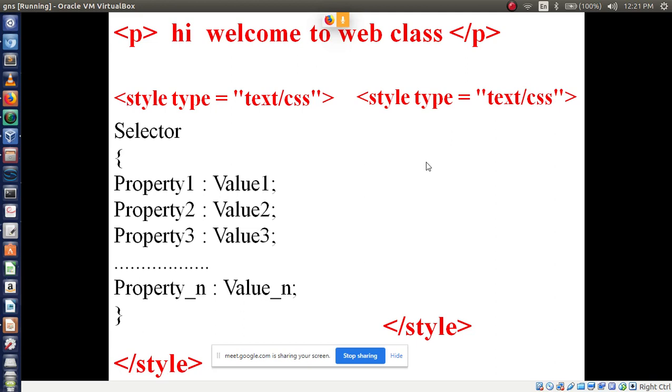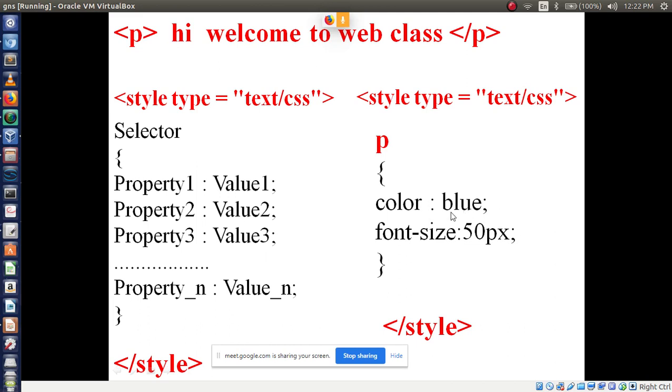Then after writing P, the opening bracket. After writing the opening bracket, I want to apply the styles. Which styles am I applying here? One is color, another one is font size. For color I have written blue, so it has to print in blue color. Then I am increasing its size, that is 50px. See, at the end of each property and value I am giving a semicolon.